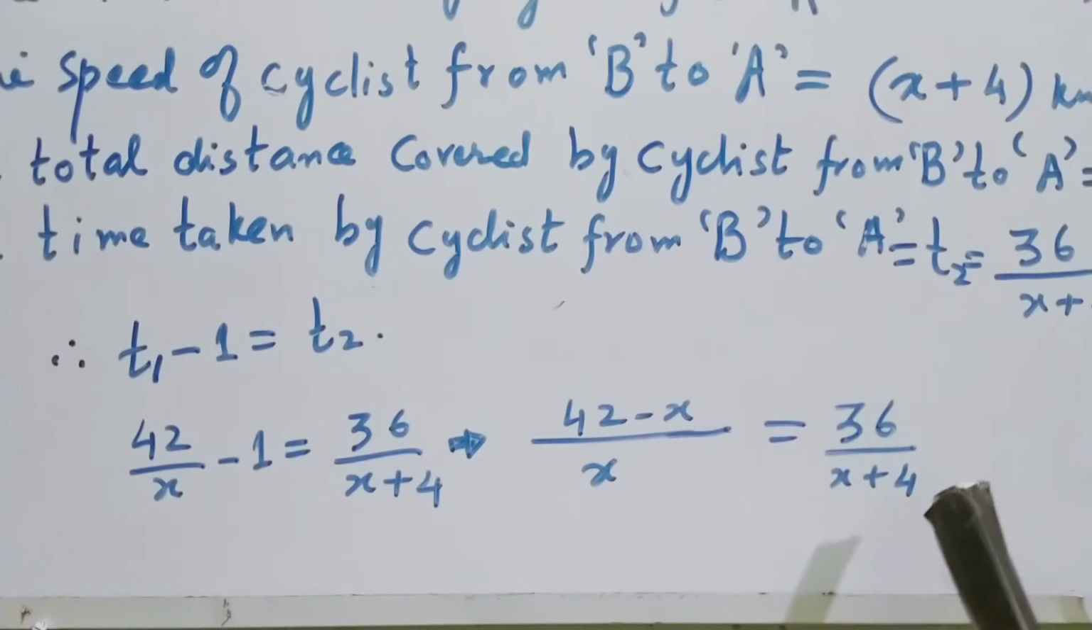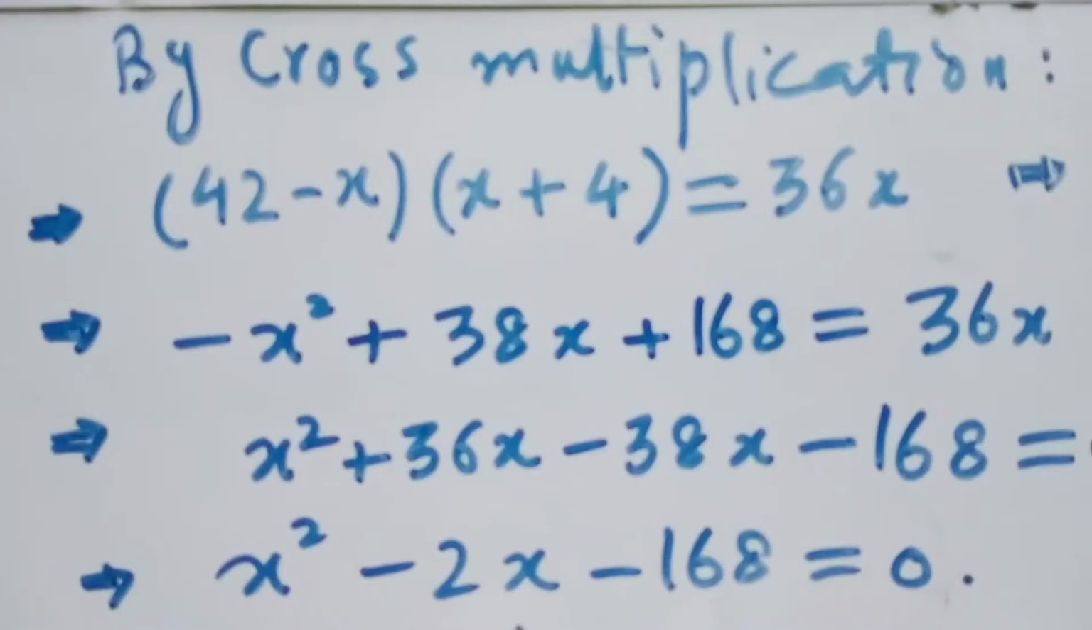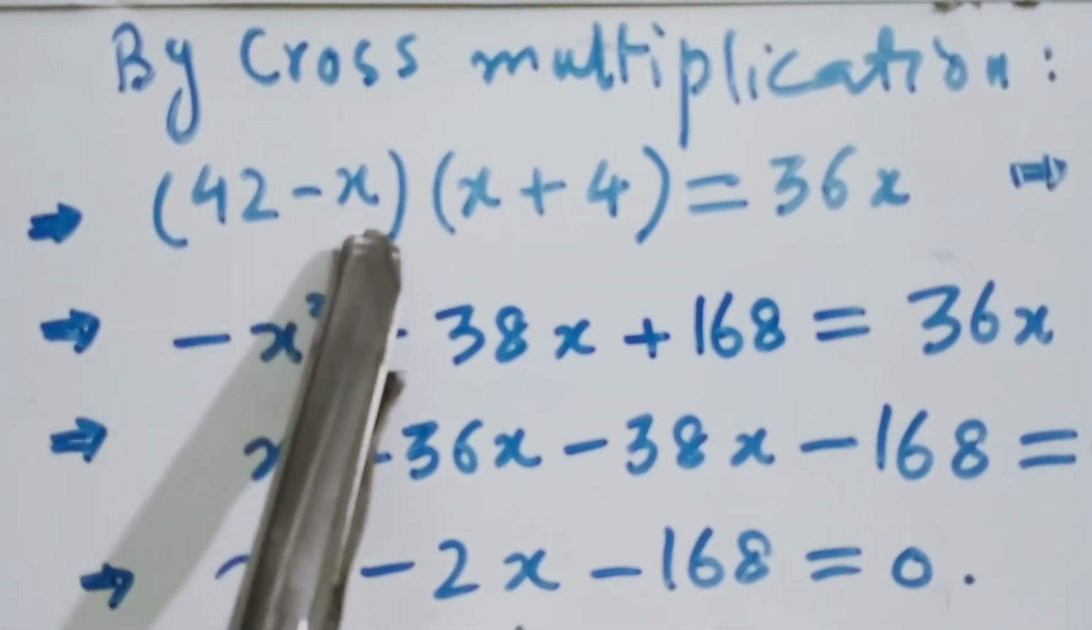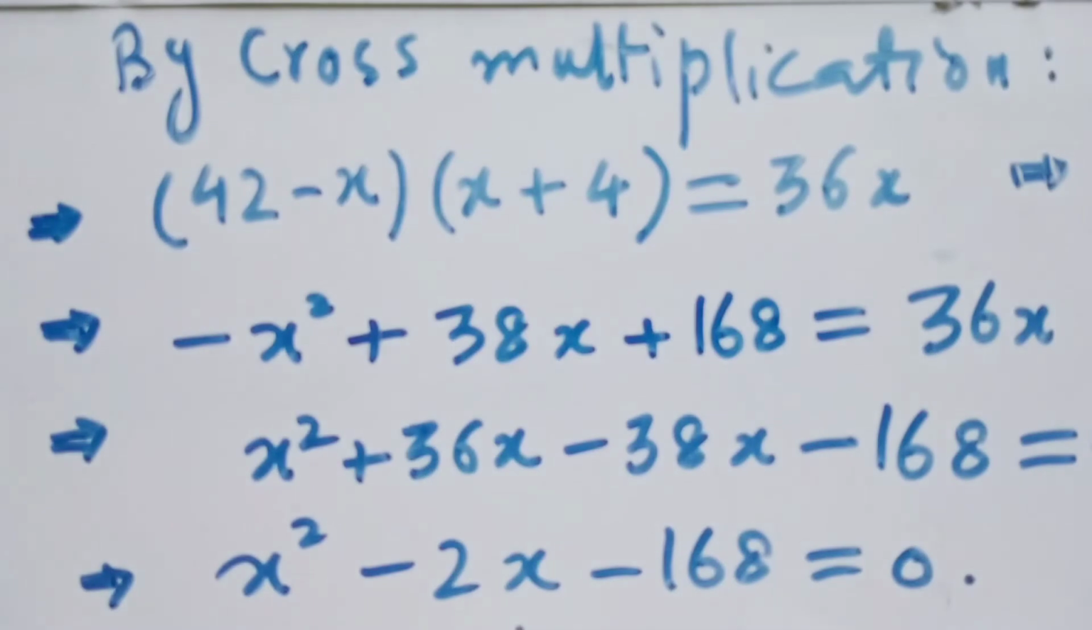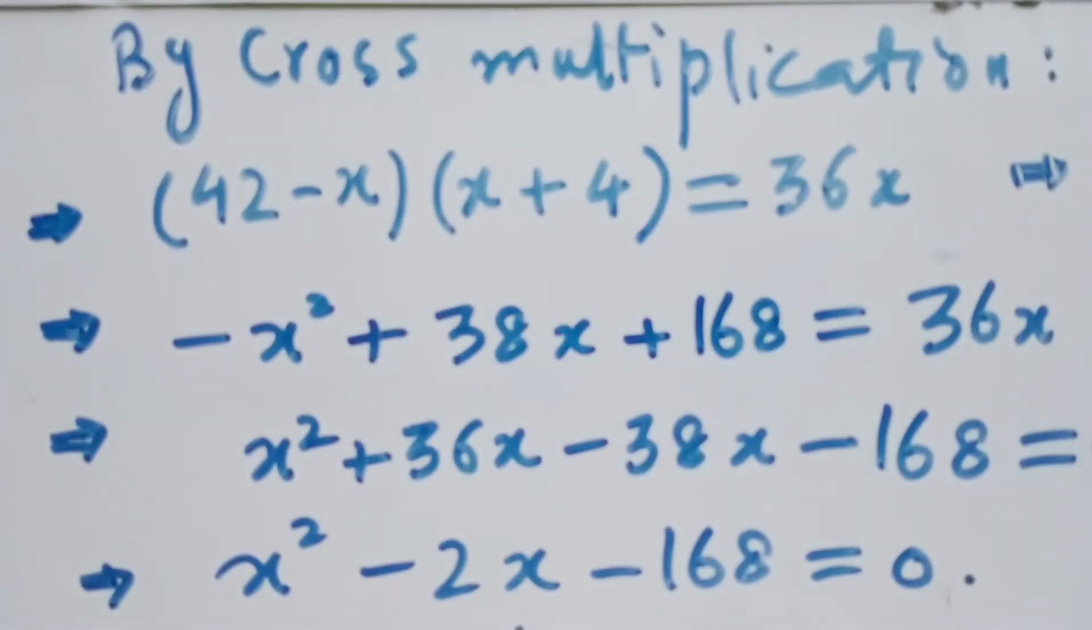Moving further, we have these two equations in front of us, and we will cross multiply. x plus 4 will be multiplied by 42 minus x, and x will be multiplied by 36. Let's see. By cross multiplication we have the two brackets, 42 minus x into x plus 4, is equal to 36 into x. So 42 multiplied by x is 42x,